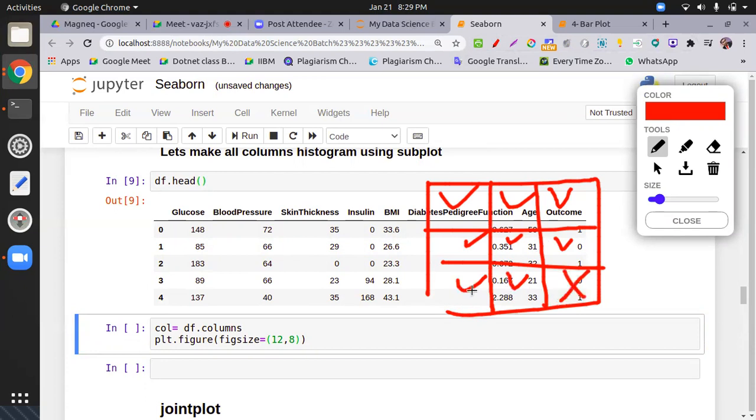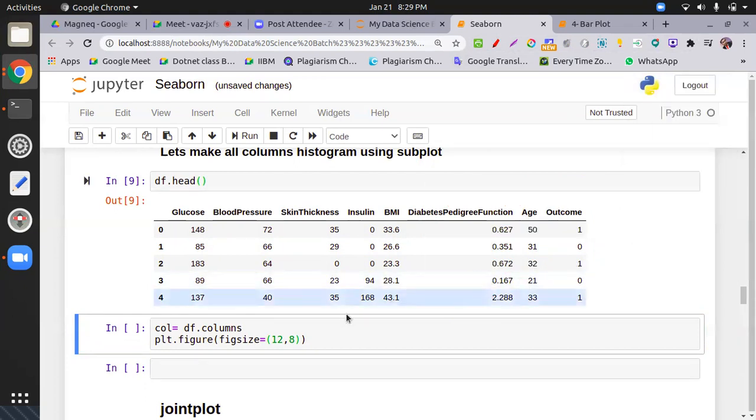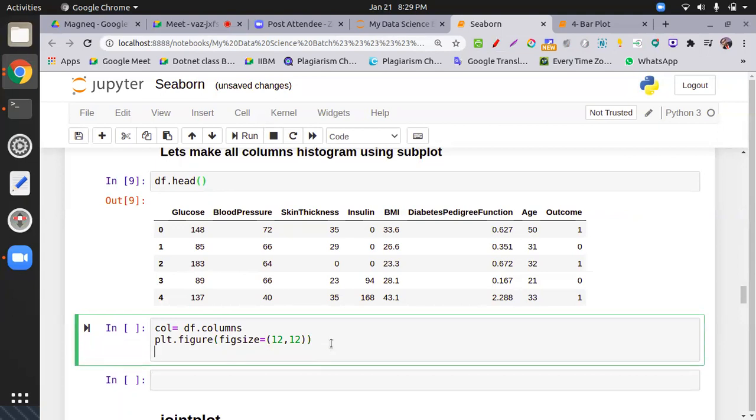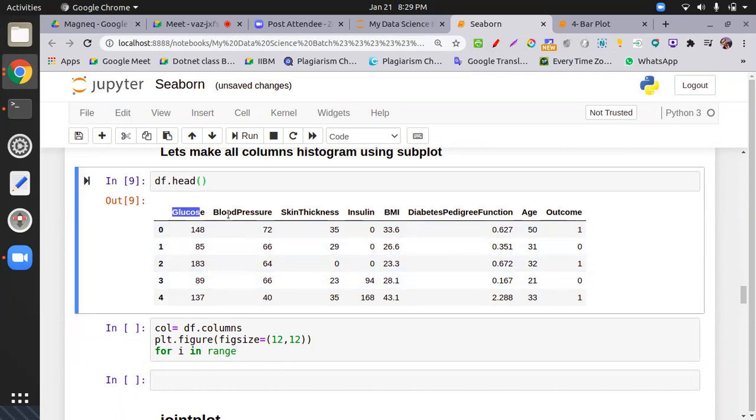Nothing happens, no problem. I take 12 by 12, that is better. Now for i in range. It's diabetic data, so all parameters should go through the distribution.